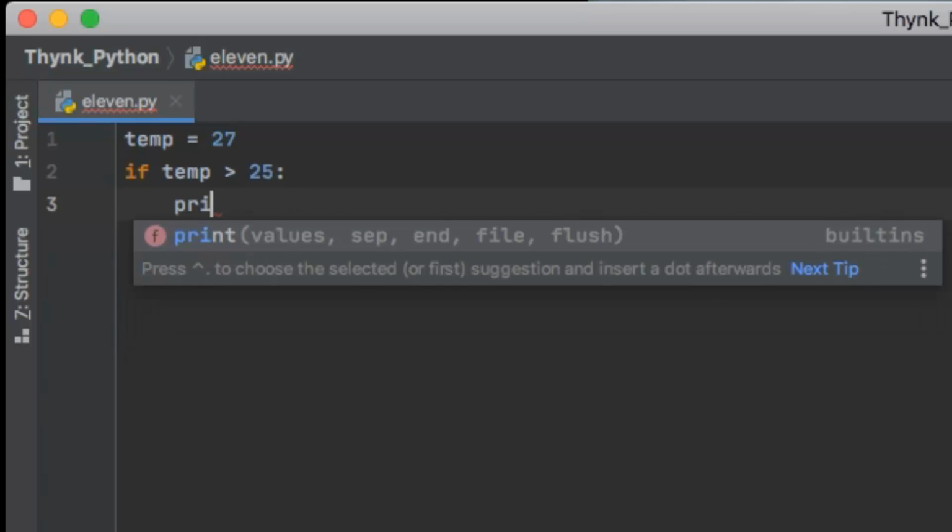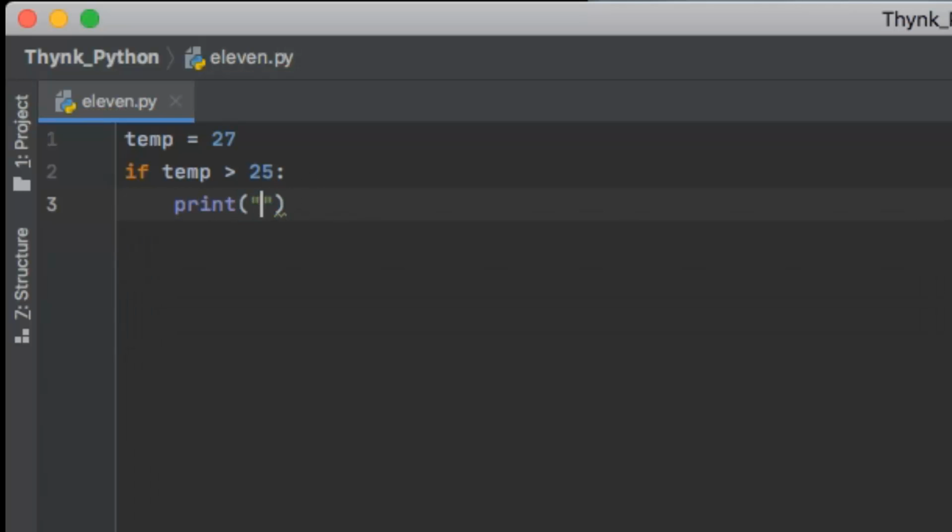So I'll say print, turn on the AC. So only if temp is greater than 25, the AC would be turned on.